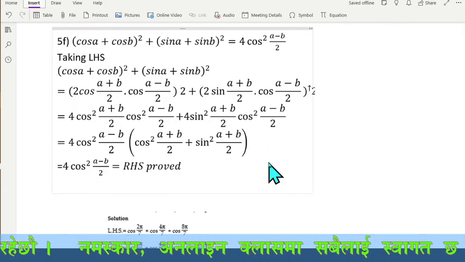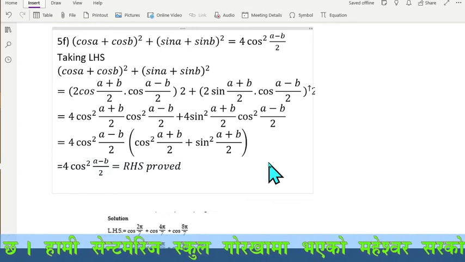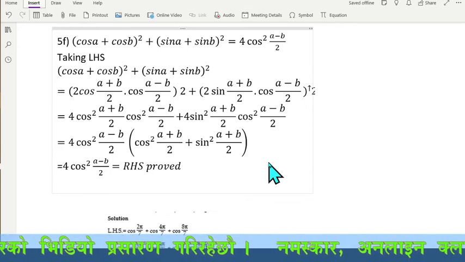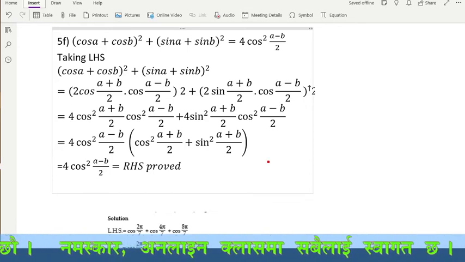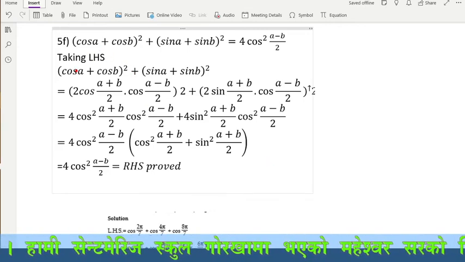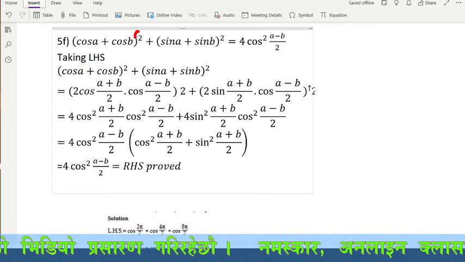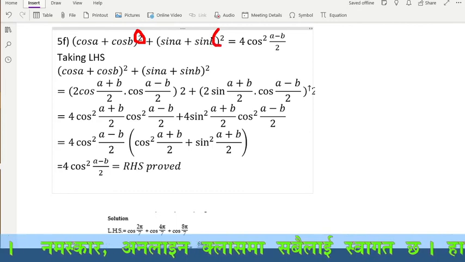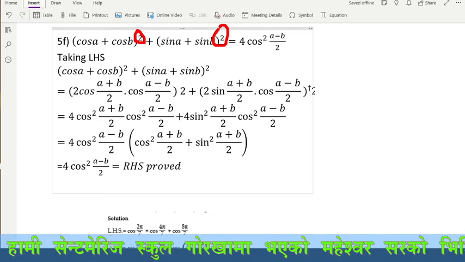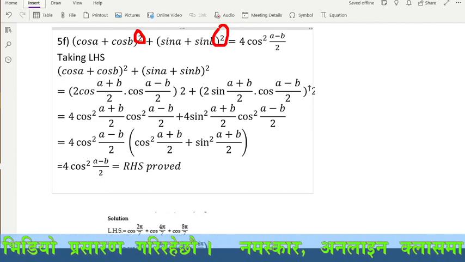Now all of you listen carefully. Once again I am repeating here. What is here? We have got the question in the form of a whole square in addition format. So when we see this addition format, now listen carefully, what do we have here? Whole square. Here we are getting whole square. Here also we are getting whole square. So now when we get whole square, what do we have to do? Already I have told you, we'll directly apply addition to product format. Right? Addition to product format.